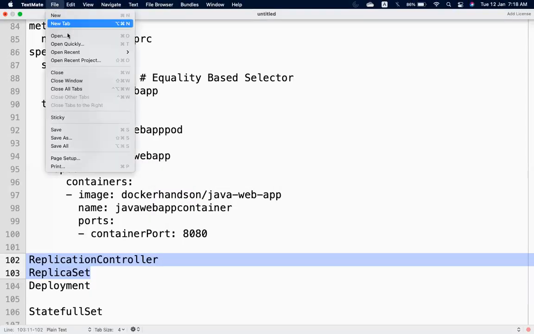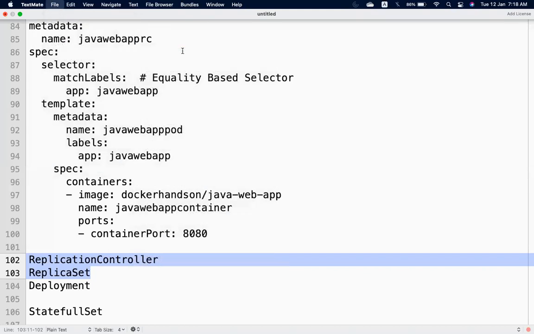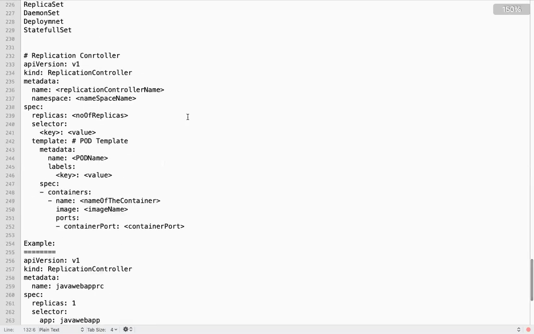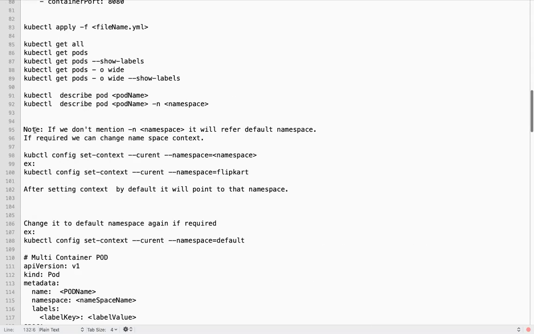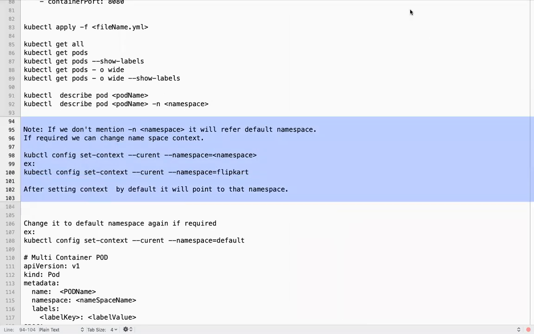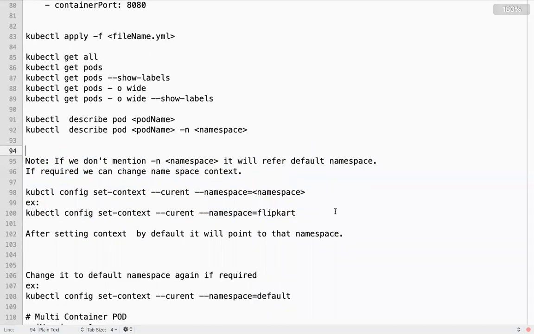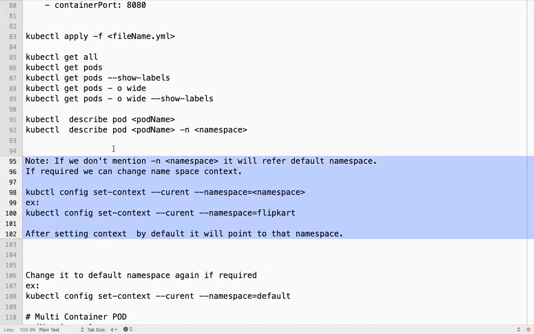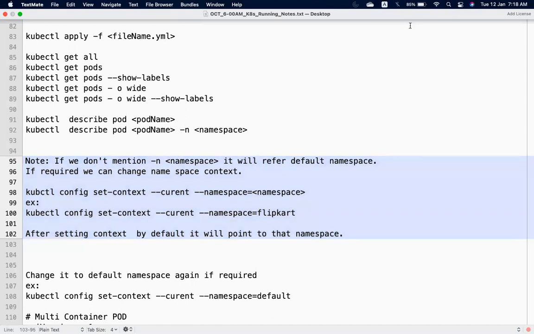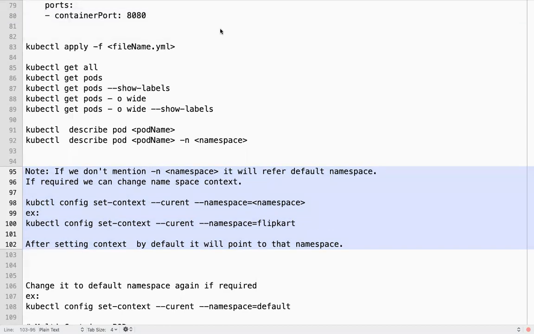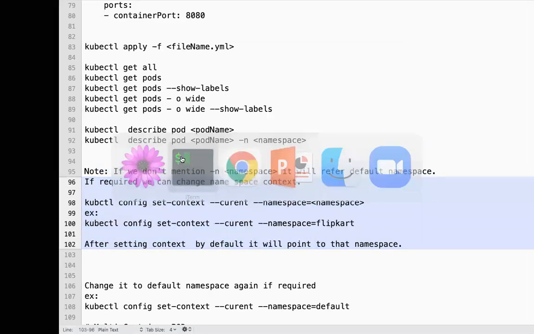Did you observe my running notes? Out of 34 people, I think you guys didn't go through the running notes. Then what is the use of sharing running notes?